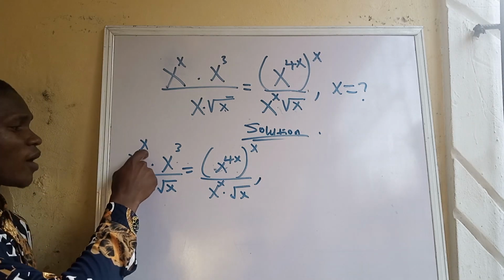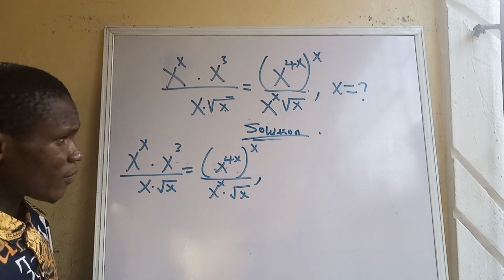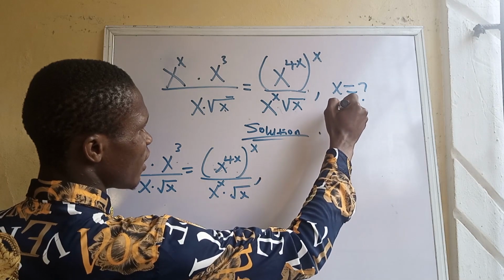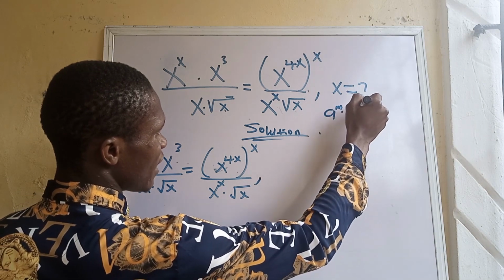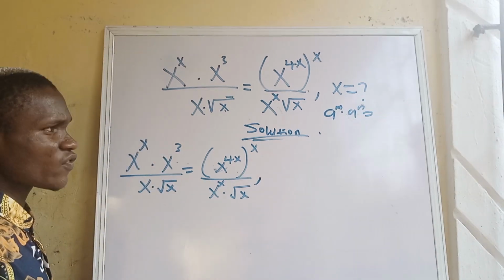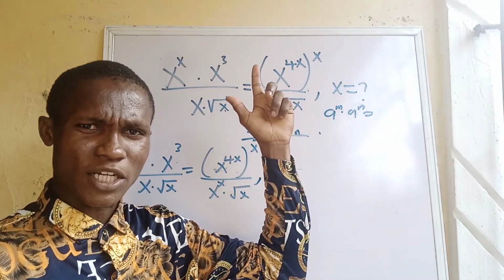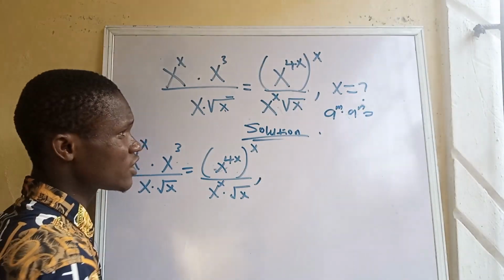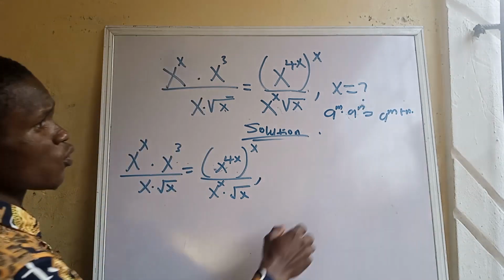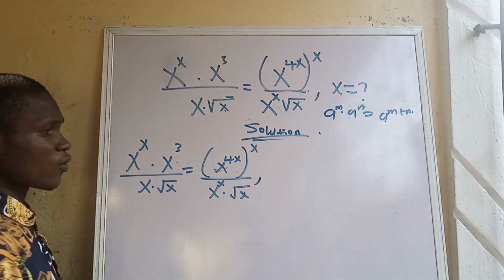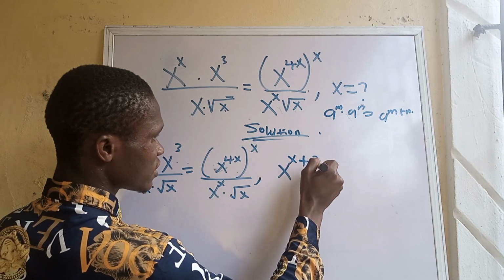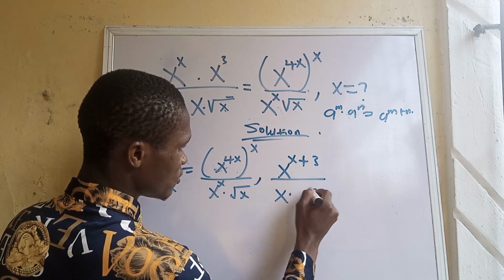Since we are having x to the power of x times x to the power of 3, from the principle of indices, if we are having the same base, take for example a to the power of m times a to the power of n, since the bases are the same, we pick them as one and the multiplication sign turns to an addition. So we are going to have a to the power of m plus n. If we obey this rule at this junction, we are going to have x, picking x as one, to the power of x plus 3 over x times root of x